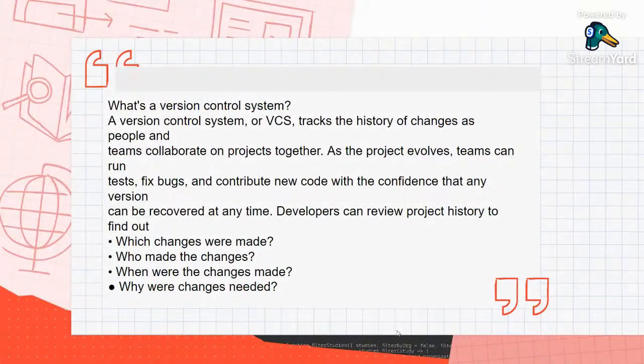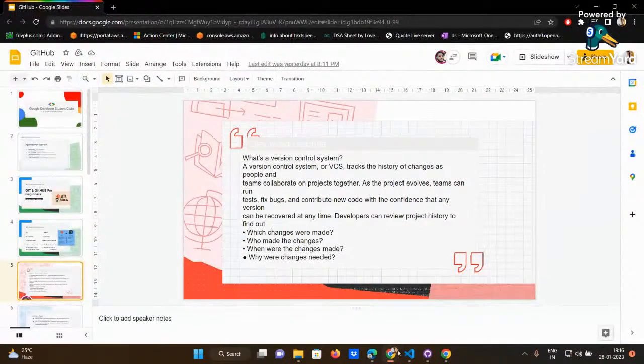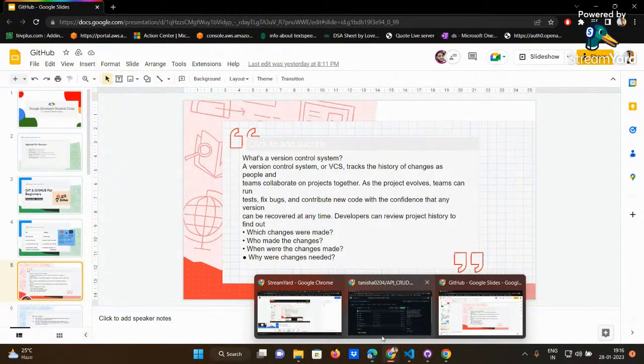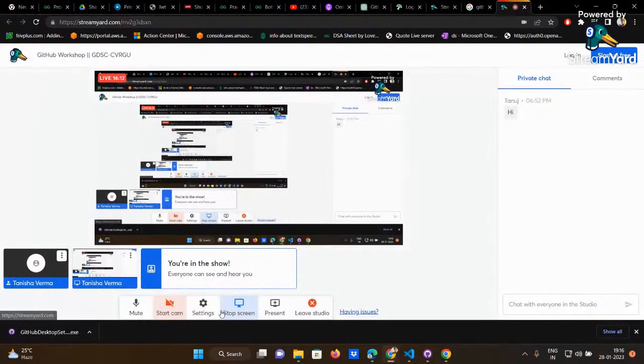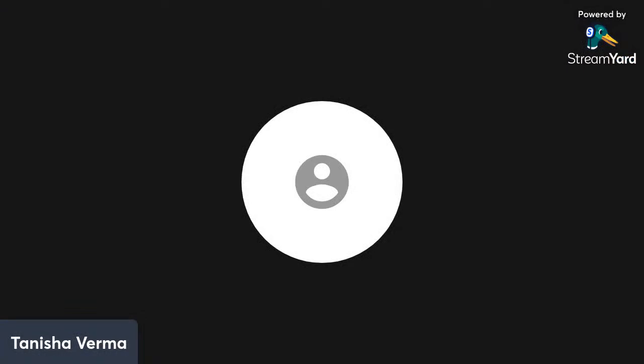Now Aditya will be continuing with this session. He'll be telling you how to install Git on your laptop, how to use Git, and many more things. Stay tuned, guys, and Aditya will be sharing. Aditya, can you join?